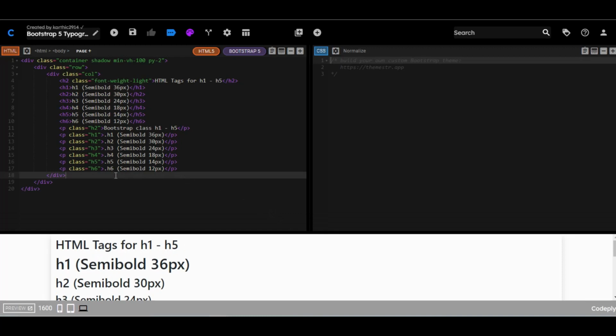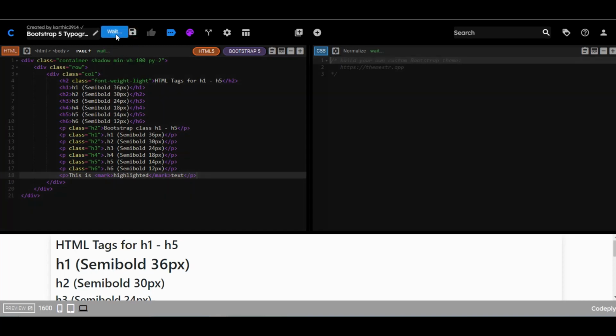Now I'm going to showcase the mark tag which I already told you about in the previous slide. Now I'm saving this and going to run it.